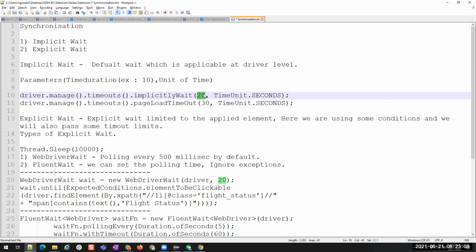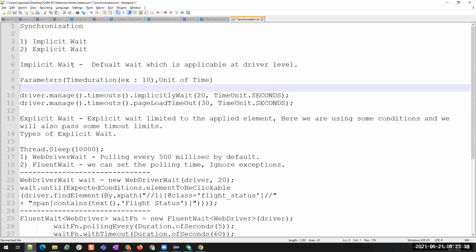Whenever I'm trying to click on some element but that element is not available, if I apply implicitlyWait on the driver, then it will wait for 20 seconds for that element to appear. If I apply page load timeout and the complete page is not loaded within the time which I mentioned here, then it will fail. So this is the page load time. We mostly use these two things, implicitlyWait and page load timeout.